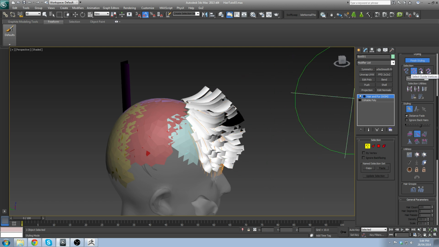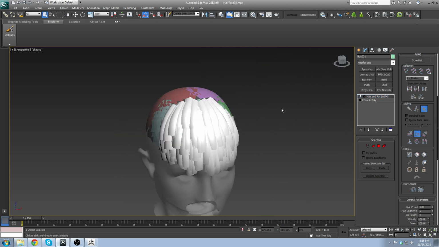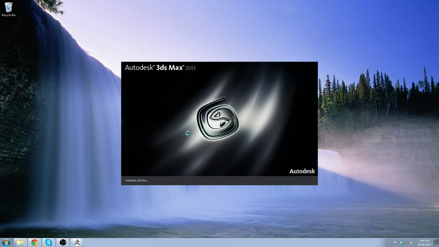Maybe if I select guide by roots, it's gonna change something. No, it doesn't. Okay, when you got some weird behavior like this, it's probably gonna be the time to save your file, and I suggest you save this onto another file than the one you were working on. So if it's corrupted or something, you won't lose your file. But yeah, when this happens, I need to close my 3ds Max and reopen this. It's really annoying, and honestly, yeah, the Hair&Fur modifier is really buggy. I don't know why, but